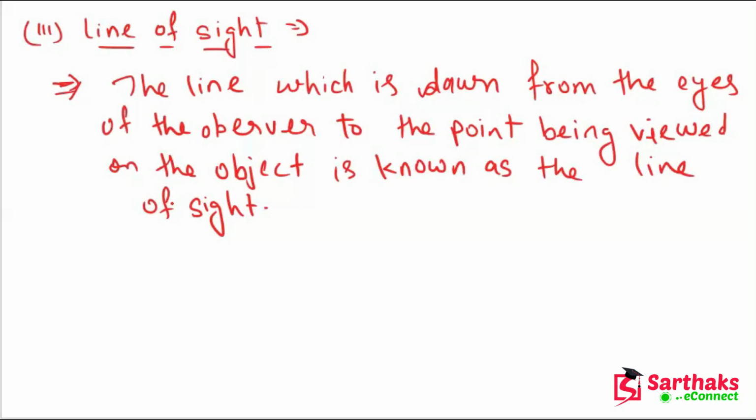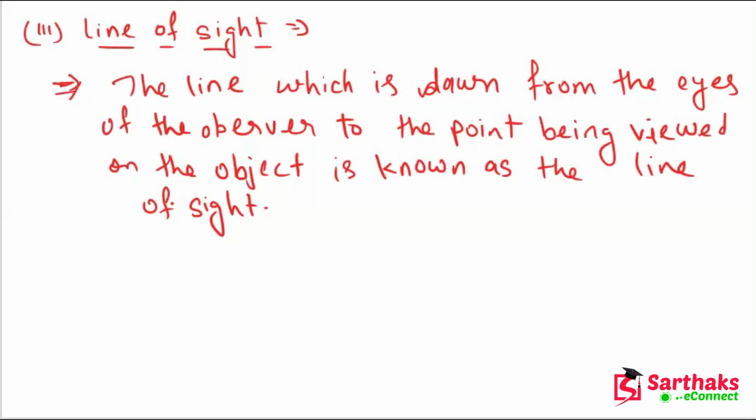Okay, so here the object is kept above the line of sight, above the line of sight of the observer. If we know the angle of elevation, then we can easily determine the distance or the altitude. The reason why we are using the trigonometric function is that the angle formed with respect to